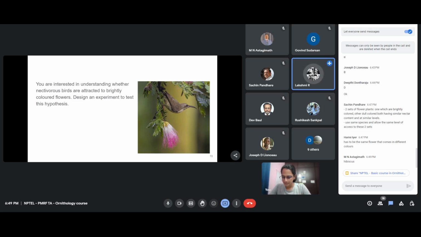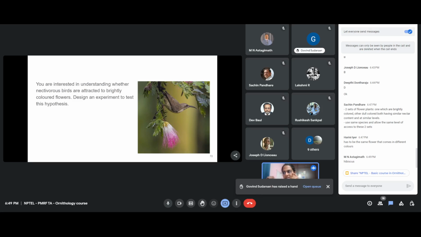It should also be a nectar-producing plant for the bird. The bird should have an affinity to that nectar. Not all flowers are visited by the birds, right? Some species only. Yes, correct. Birds are opportunistic feeders, right? I'm sure all of you have seen hummingbirds feeding from nectar feeders, right? I think that's where Govind also got his idea from.